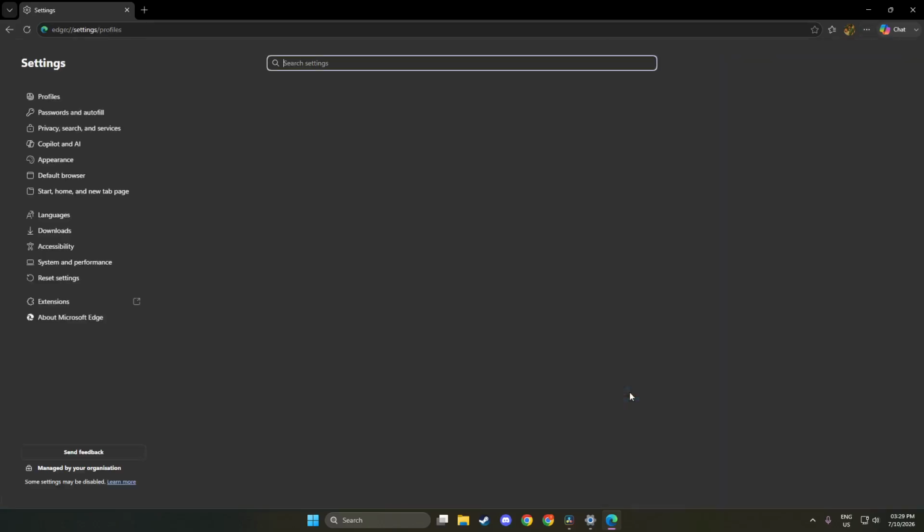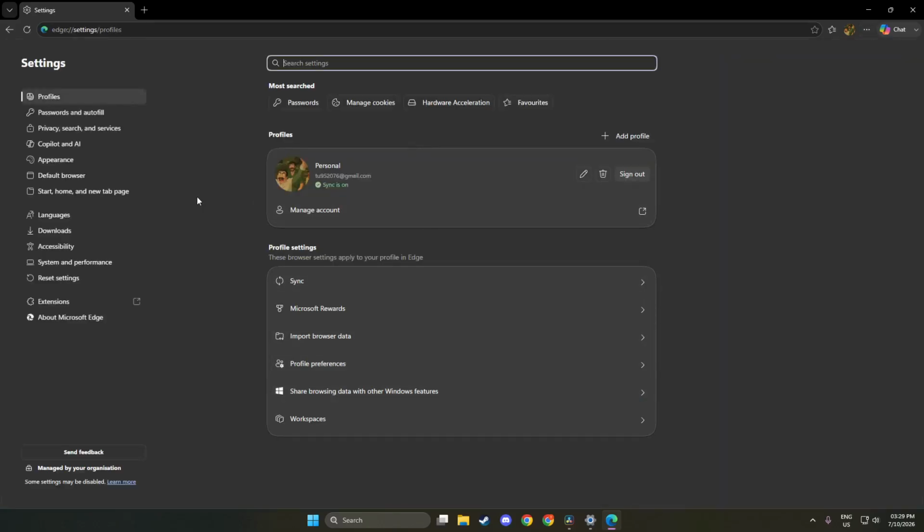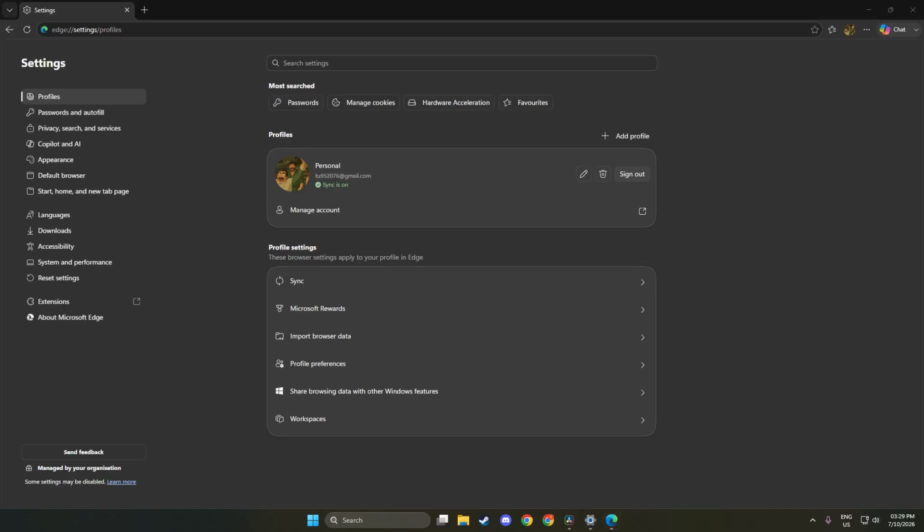When you click on Settings, a new page will load, displaying various categories and options for your browser. This section is where you can make important adjustments to how Edge functions. You will see options for privacy, security, and appearance, among others. Taking a moment to familiarize yourself with this settings page is beneficial as it will allow you to optimize your browsing experience further.